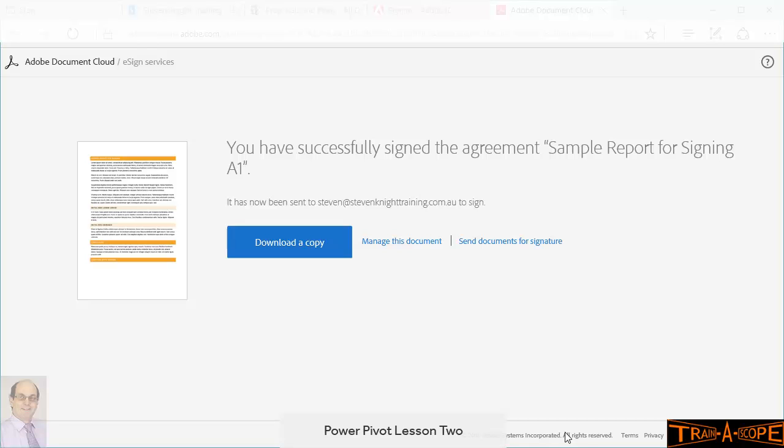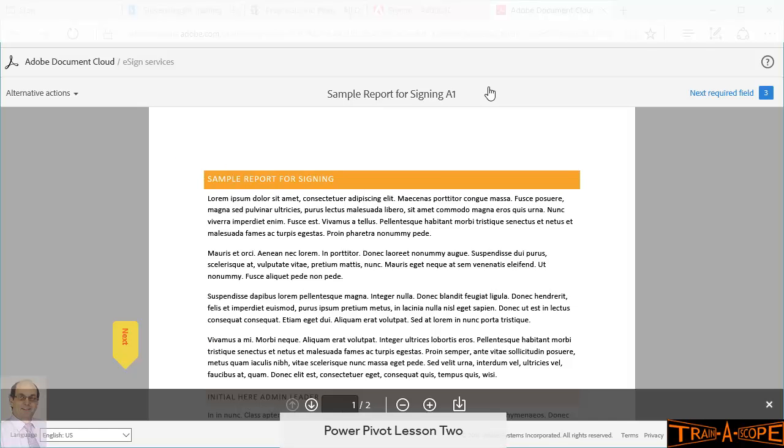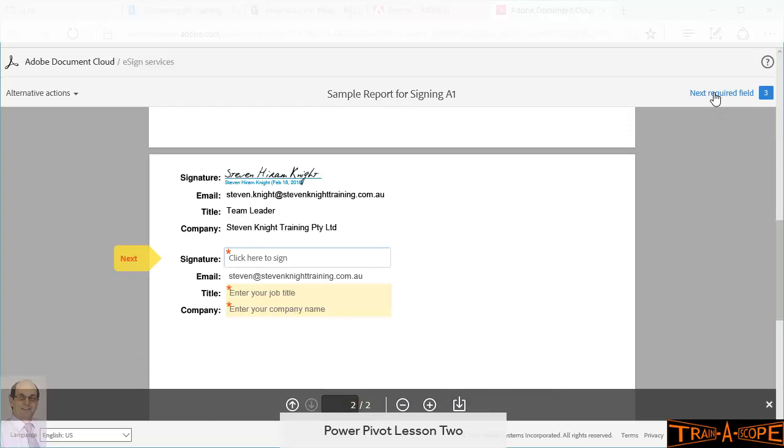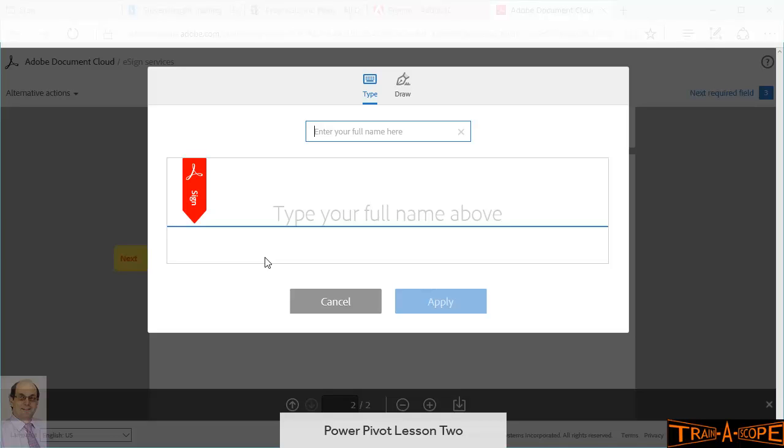Now, I have an opportunity here to download a copy where I can keep a copy of that, or I can get one at the end of the process, which probably makes a bit more sense, but it's now done. So let's have a look at the next. Now, I won't spend too long on this because you've seen the process. Something I didn't show you before though is I can click the little next link to take me down to my next set of required fields. I can see who signed it there before, and then I click to sign it myself,